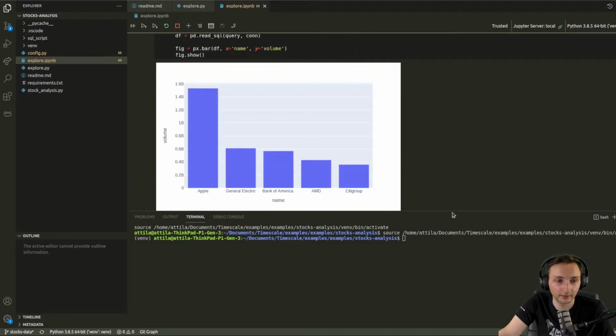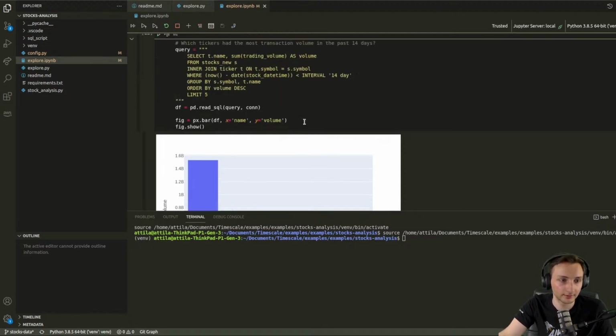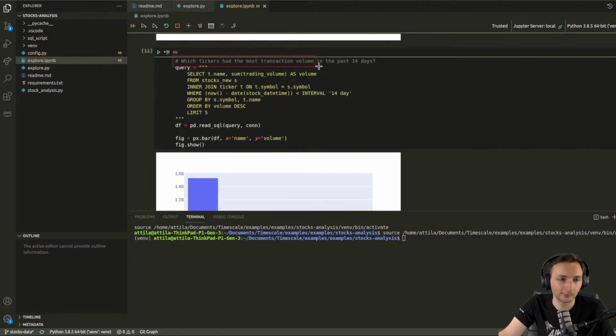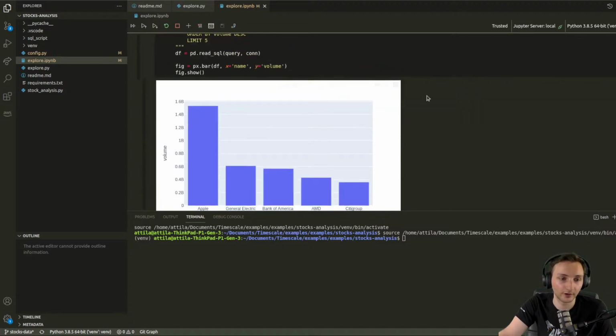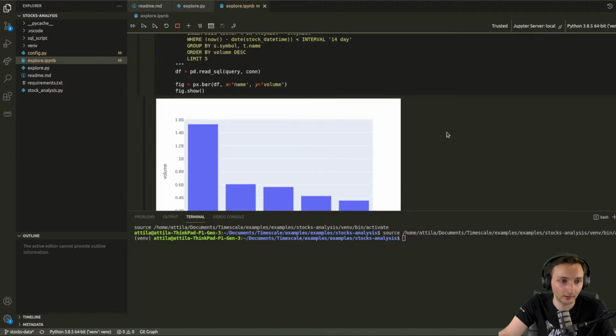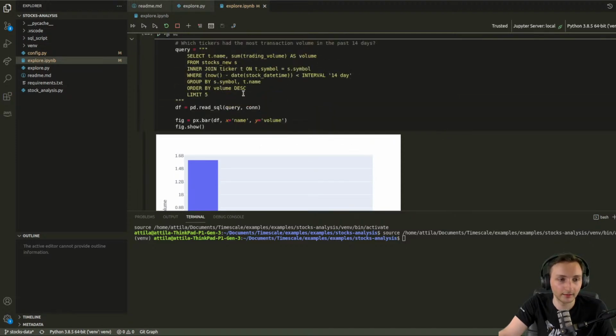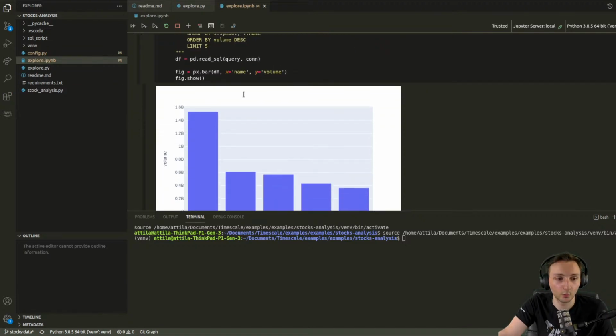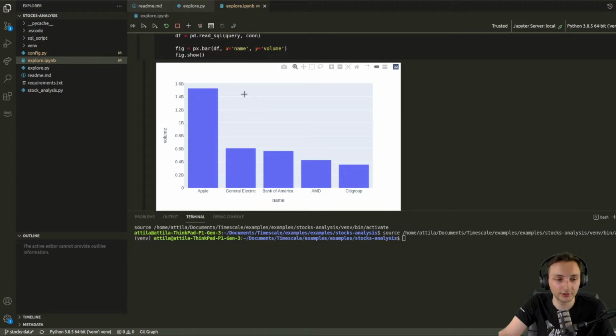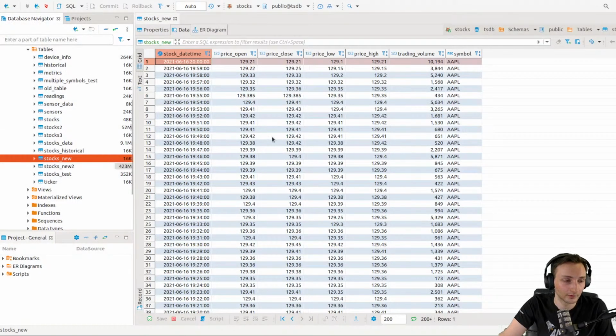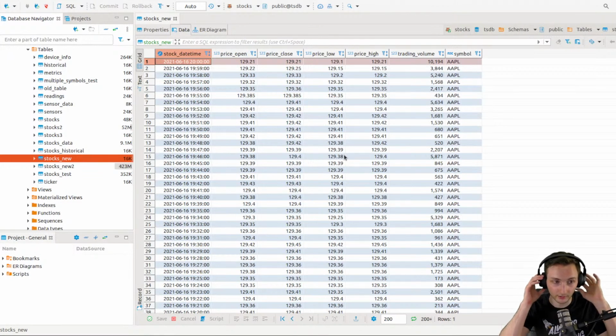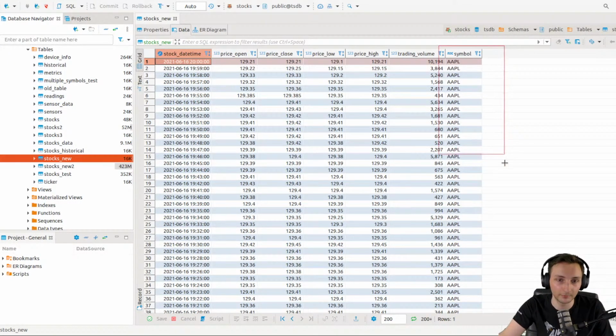Then we generated a bar chart. This bar chart has the symbols with the most transaction volumes in the last 14 days. Also, one interesting thing we did: in our database, in our table, we only store the symbols. So this is our table, which has all the price information. We only store the symbols,